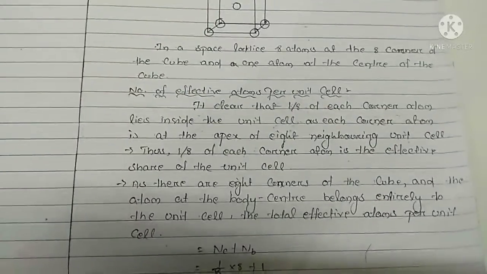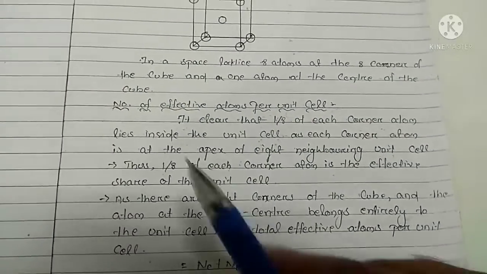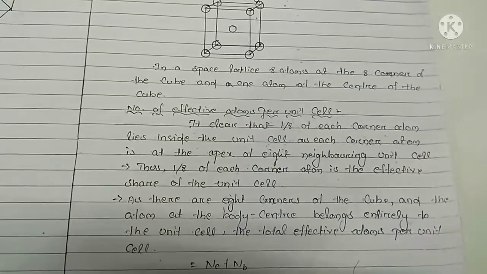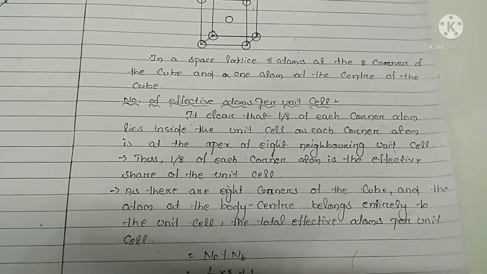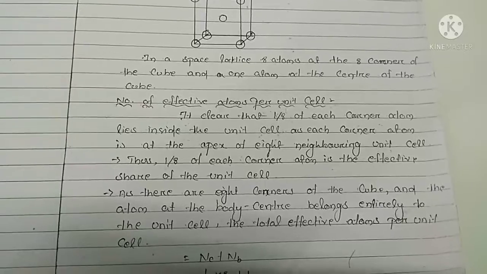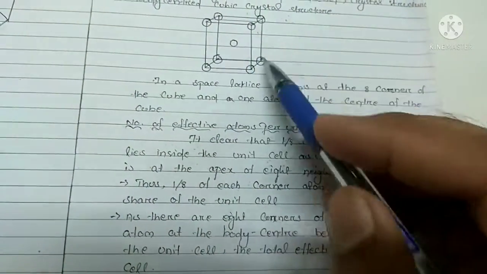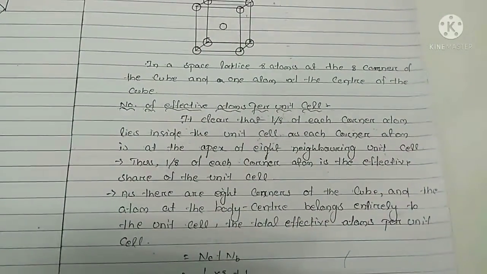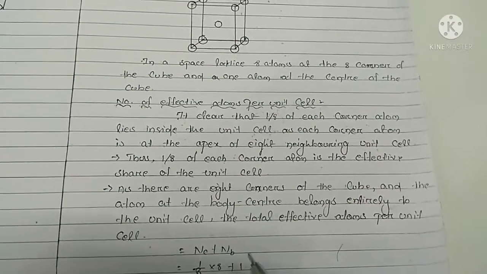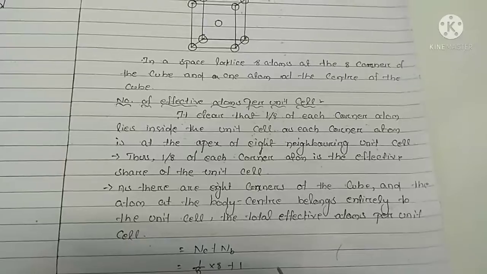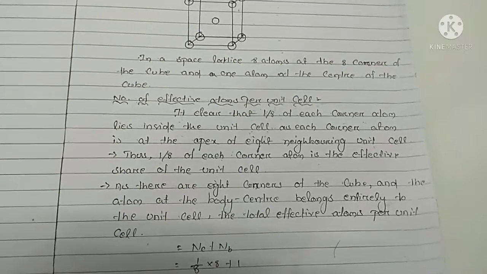Thus, 1/8 of each corner atom is the effective share of the unit cell. As there are 8 corners of the cube, and the atom at the body center belongs entirely to the cell, the total effective atoms per unit cell is